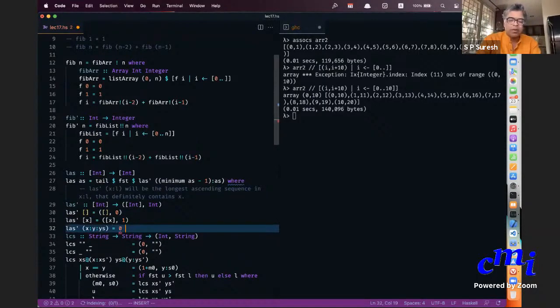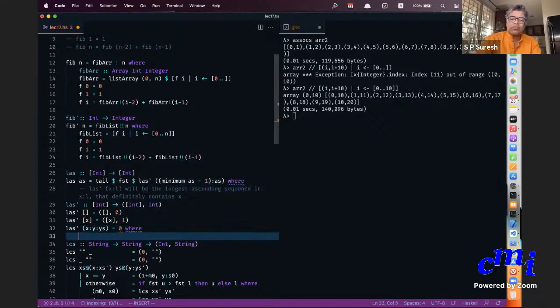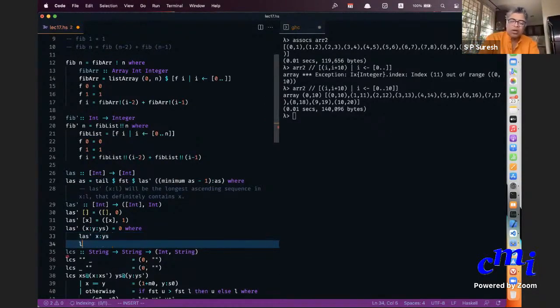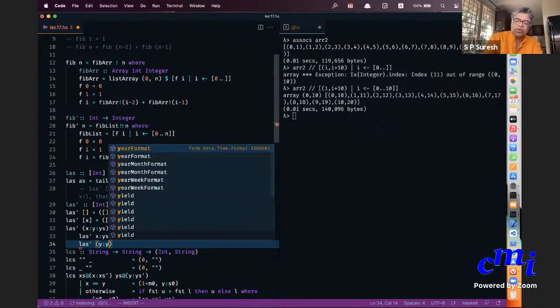You have to make recursive calls. The recursive calls will be of the form LAS prime x colon y, because you are ignoring y, in which case you are considering the list x followed by y. Or you are including y, in which case the recursive call is of the form LAS y colon x.